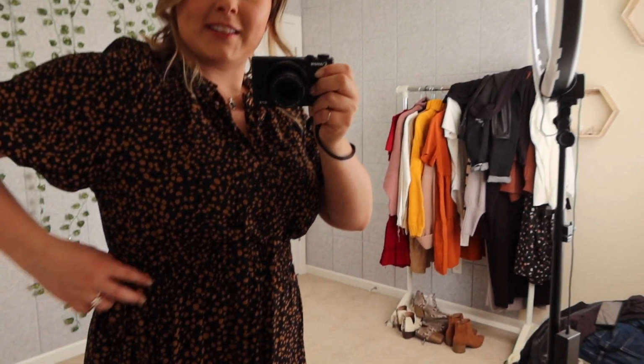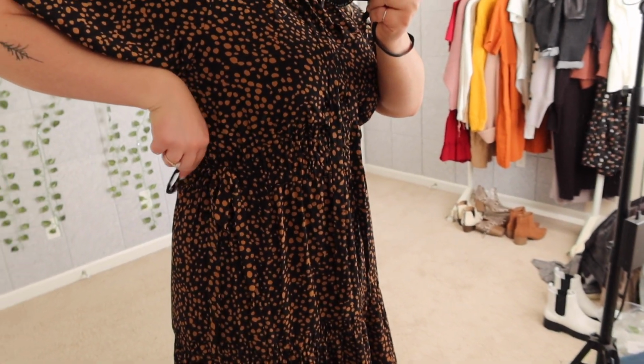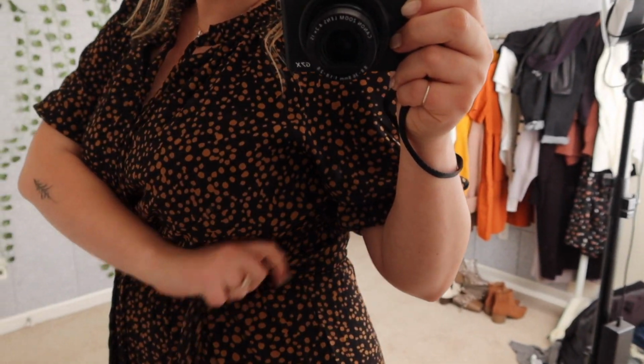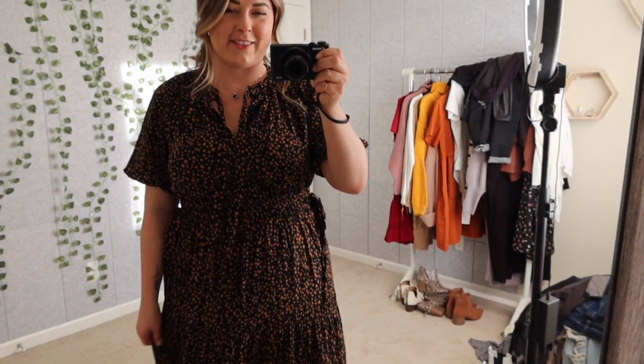The only thing that's kind of weird is it has these little side bows right here. I might cut them off, only because I feel like it's kind of awkward. I don't know why they're there. So I might cut those off just because it's a little weird, but it has this V-neck and you can tie it,